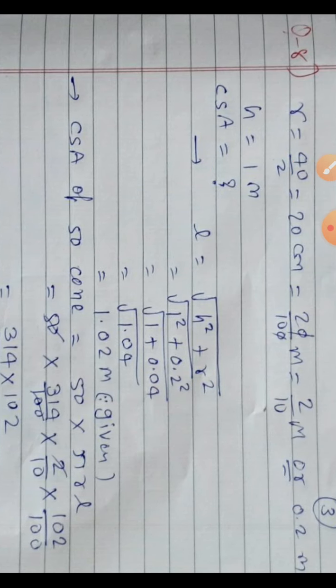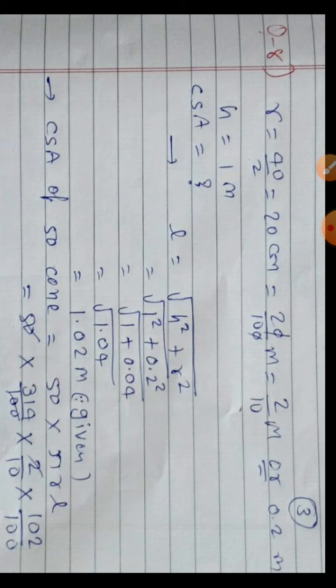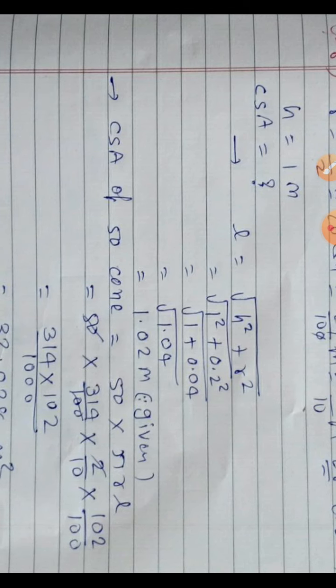So again I repeat quickly. First of all, what is given? Radius, diameter given. So we found radius and then we converted into meter. Why? Because everything else is given in meter only. Then we found L. At last we found root 1.04, but its real value is given as 1.02, means square root of 1.04 is 1.02. Now we found CSA of all 50 cones. Within one step we found it for all, so multiply by 50.